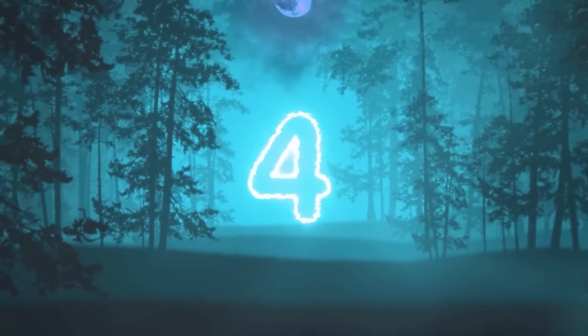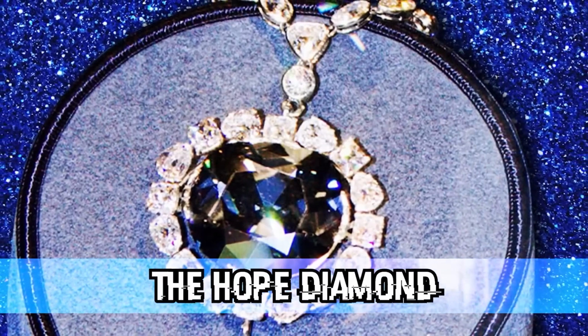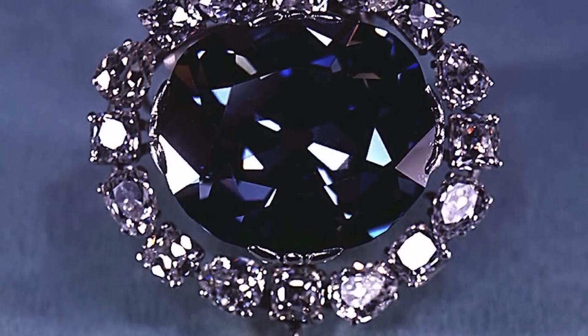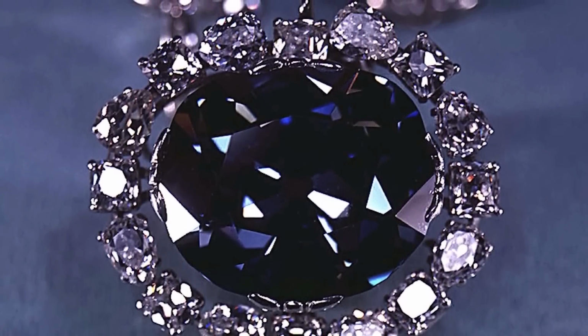Moving on to number 4, we have the Hope Diamond. The Hope Diamond was most likely cut from a mine in India and placed in a statue. It is a huge 45 carats and has a beautiful rare blue color. It is one of the most famous diamonds in the world, partially for its beauty, but also because of all of the mysterious happenings